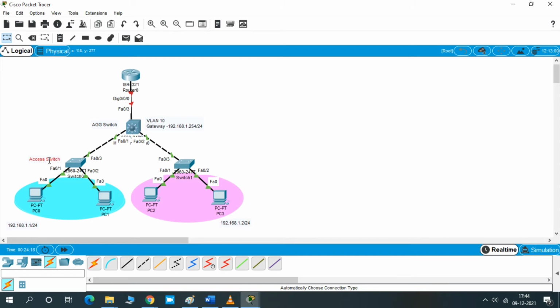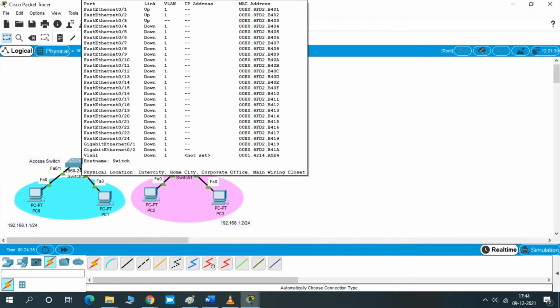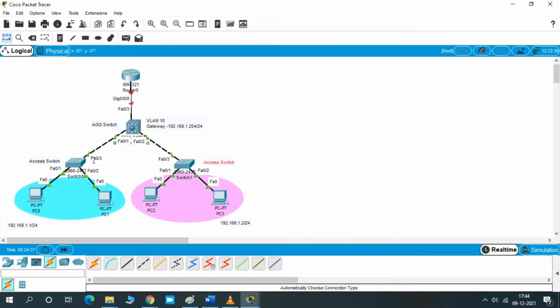In all organizations, they are using a 3-tier setup, where end devices like PCs, servers or storage connect to the access switches, and the access switches connect to the aggregation switch. It means a 3-tier setup. Okay, now we'll log in to the access switch and configure L2 VLAN here.